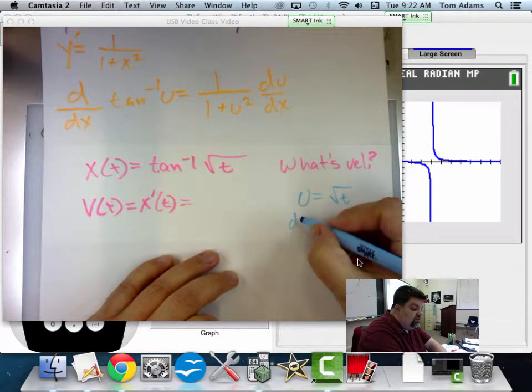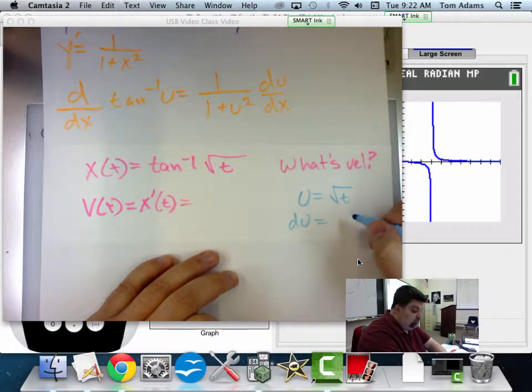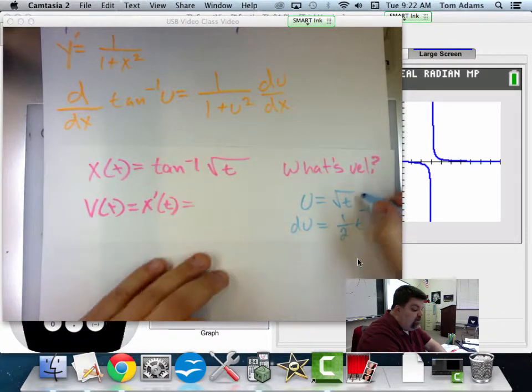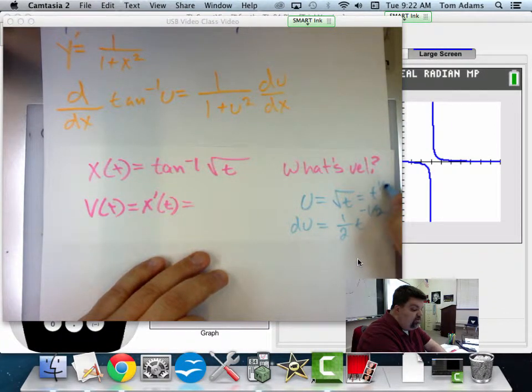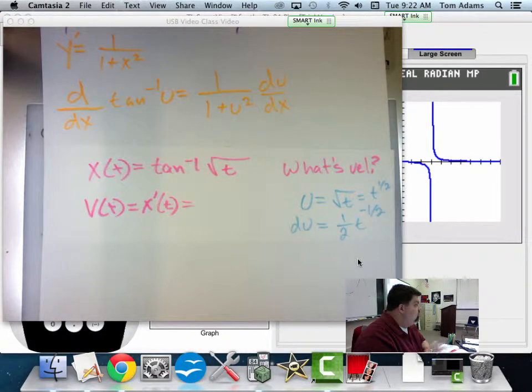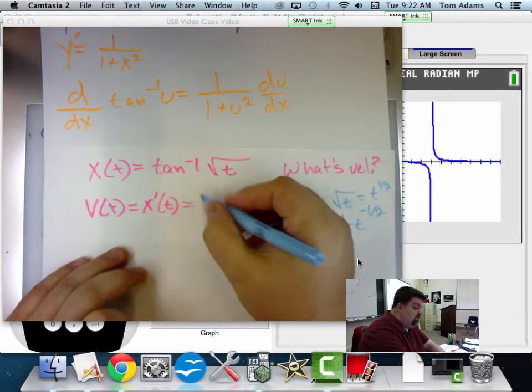So what's du? What's the derivative of that? 1/2 t to the negative 1/2, right? If we use the power rule, remember this is t to the 1/2. Yeah. Oh, I didn't know that. That's a fun rule. So now what I need to write then is that the derivative of this is 1